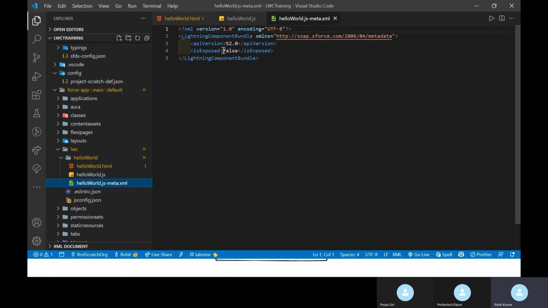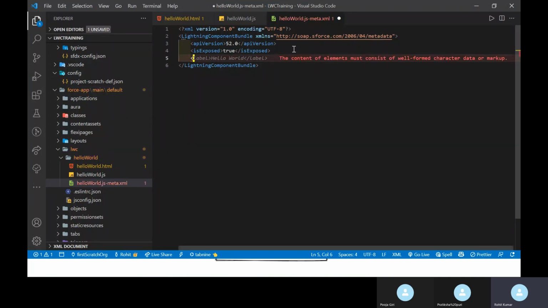Okay, and isExposed is always true if you want to expose this component to other places like App Builder, Lightning record page, or quick action, something like that. Okay. And one more thing, you have to write your master label as well, like masterLabel.